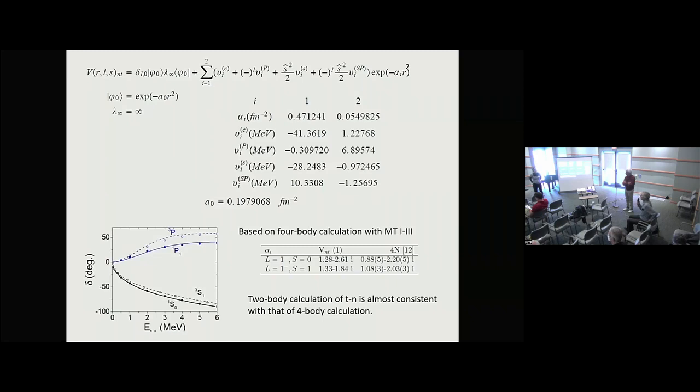I use a geometric progression. That is why I have many basis functions, currently 56,000. But now I can use a very powerful supercomputer, so I have no problem with that, even if we use such a large number of basis functions.